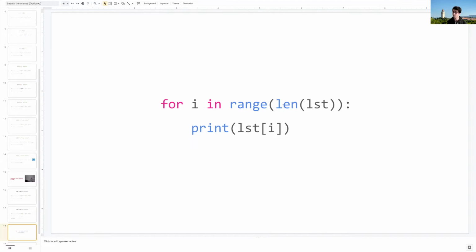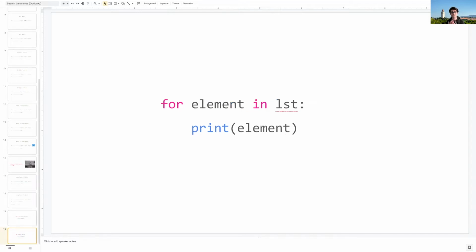So what this is basically doing is each time we go through the for loop, we're going to get back a new index in the list and then print the element at that index. That's what's happening on this line over here. But even nicer than that is the ability to do exactly that without actually having to worry about indices. Lists support a kind of notation called for each loops. The way that works is just by directly looking at each element in the list and printing that element out.